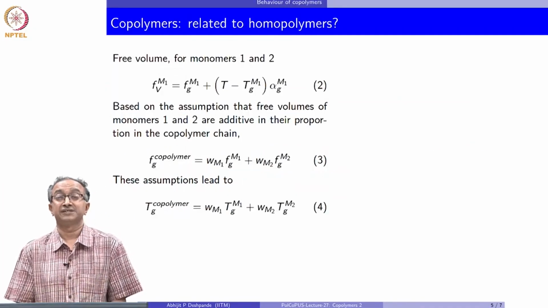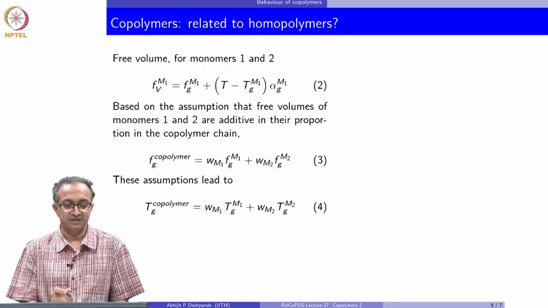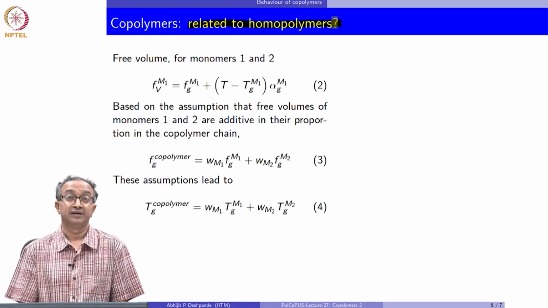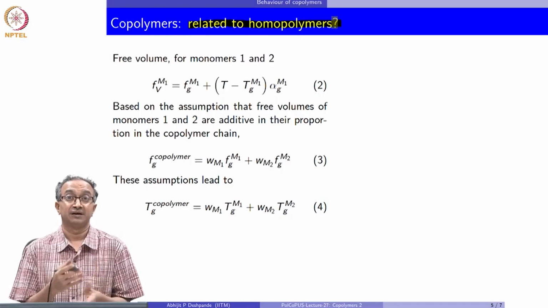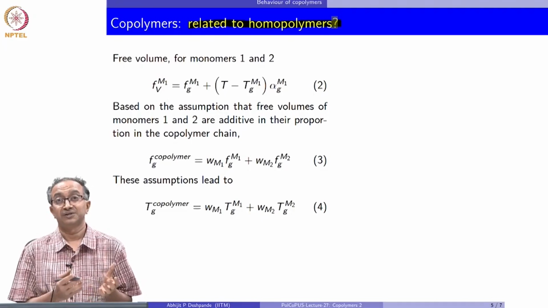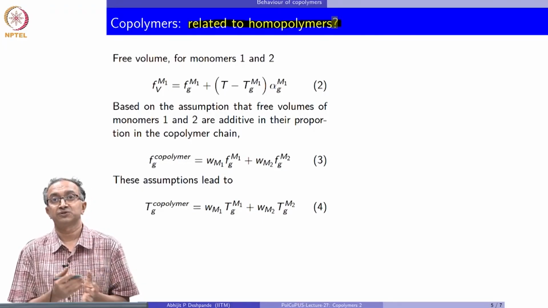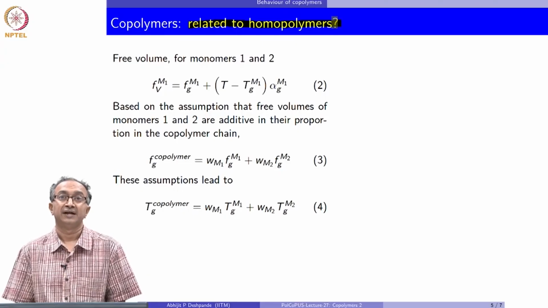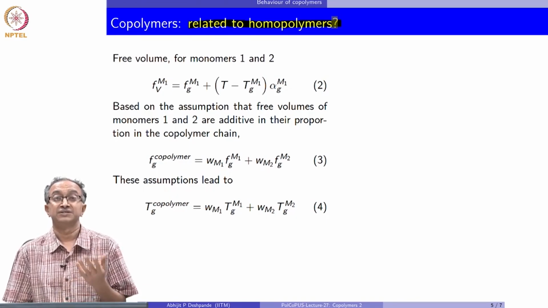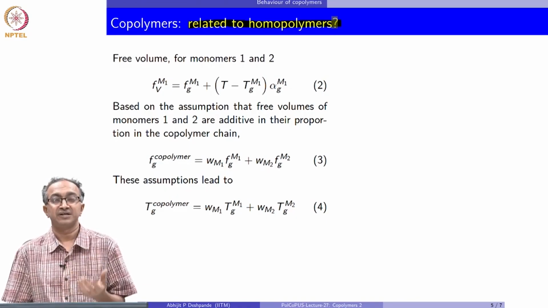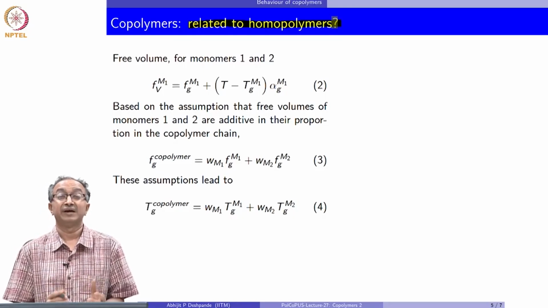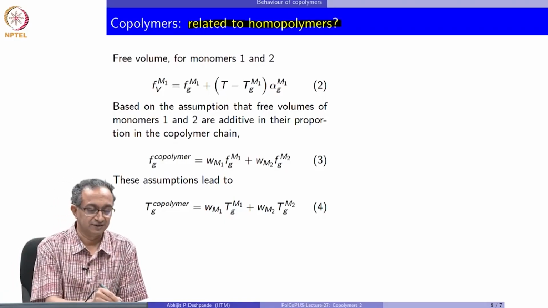So, in terms of properties, when we look at copolymers, the properties are related to the homopolymers that are formed, and in a lot of cases there are thumb rules and rules based on theories which we have arrived at, and so we can understand the copolymer properties based on the homopolymer properties. And the key determinant of course is also the type of sequence which is there. And so, for alternating copolymers and random copolymers, these mixing rules work very well, because you have basically a distribution